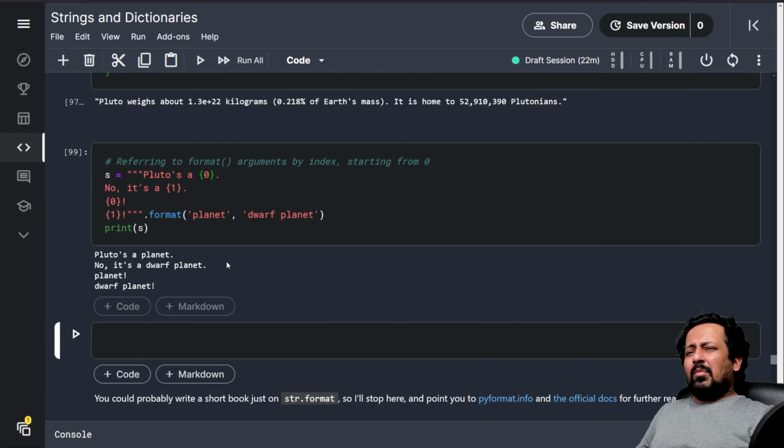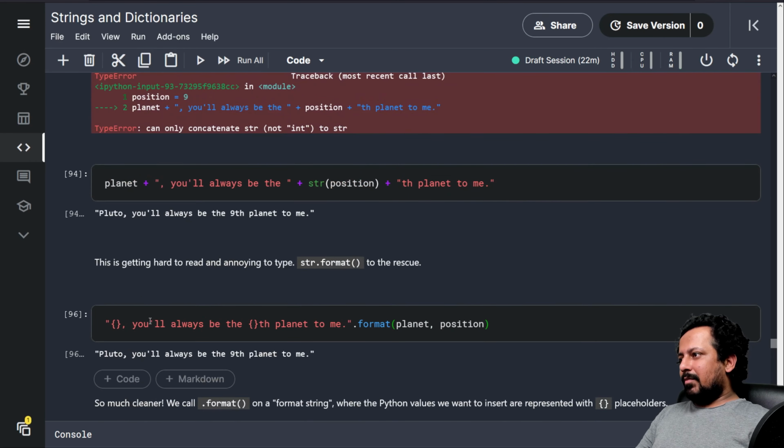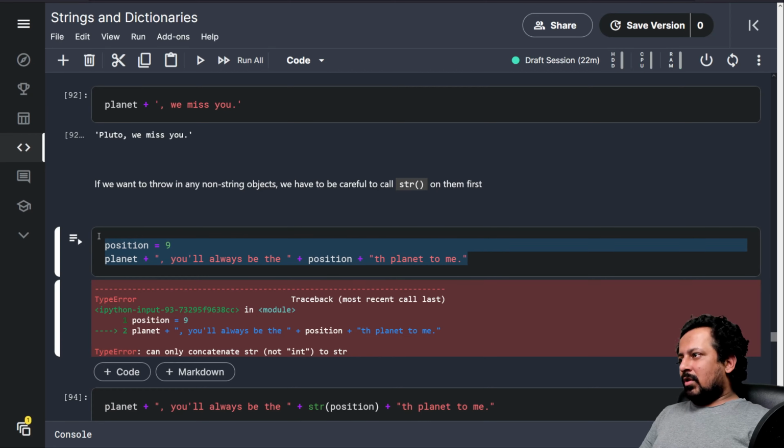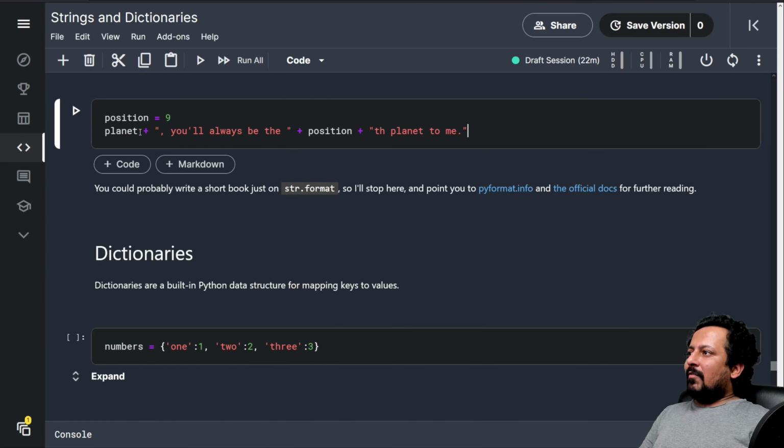This is very interesting. One more thing that I would like to mention here is something called f-string. You start with f. Let's go back to this example here, the position one. I will take the same example and show you how f-strings work.